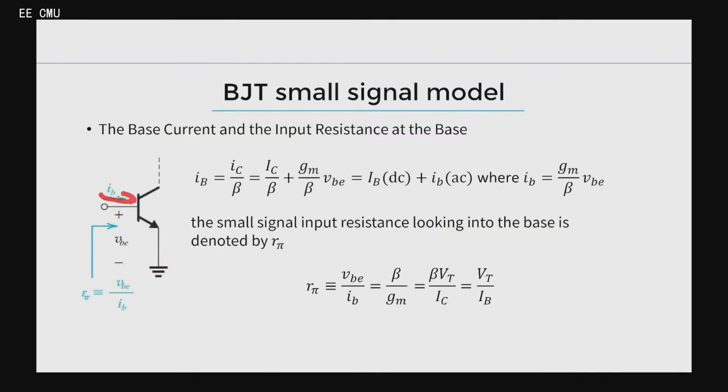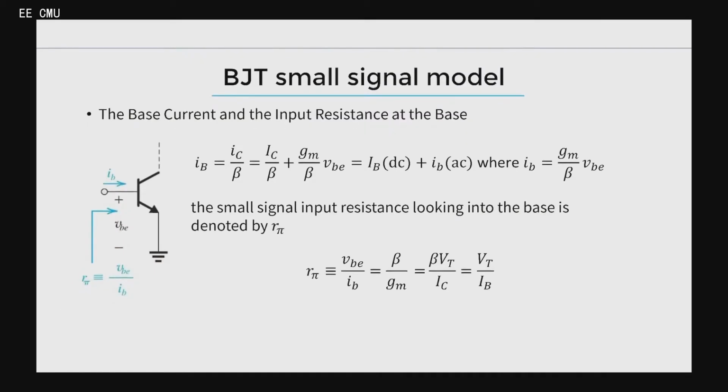There is a base current IB flowing in, which means there is a resistance value here, which we define as RPI, this one, right? So from these variables, we define RPI as VBE divided by IB, and we will get various equations showing that RPI is equal to beta divided by GM. And we also say that GM is equal to IC divided by VT. This is GM, right? GM is right here, isn't it? And we also say that beta divided by IC is IB, right?